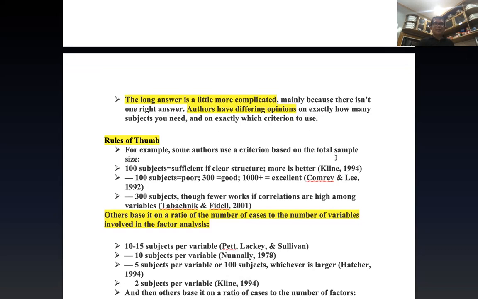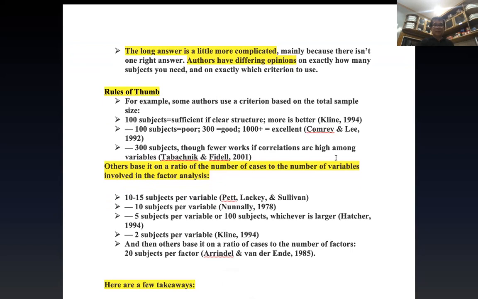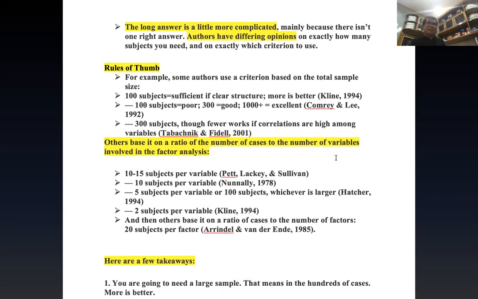100 subjects equals sufficient if clear structure, more is better, according to Klein, 1994. 100 subjects equals poor, 300 equals good, 1,000 plus equals excellent, Comrey and Lee, 1992. 300 subjects, though fewer works if correlations are high among variables, Tabachnick and Fidell, 2001. Others base it on a ratio of the number of cases to the number of variables